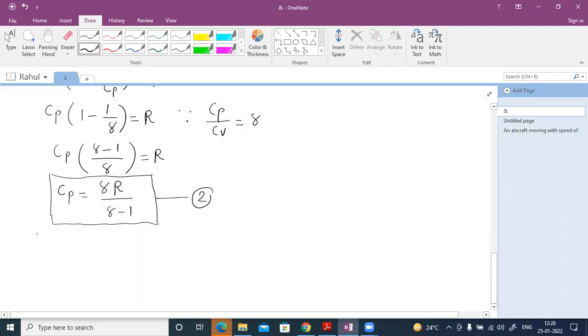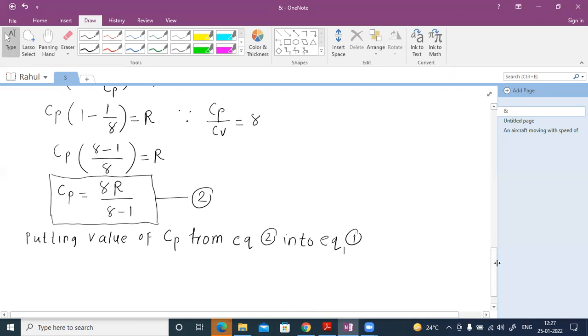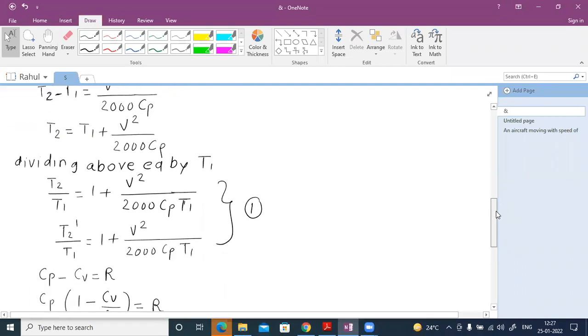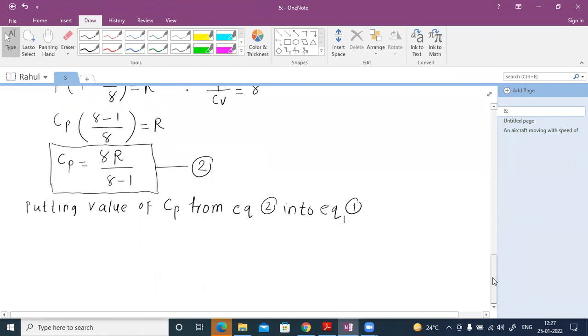Now what we'll do is put the value of Cp from equation number 2 into equation number 1. We can put that in any one of the equations. So what is equation number 1? T2 by T1, which is the same as T2 dash by T1, is equal to what equation we have: